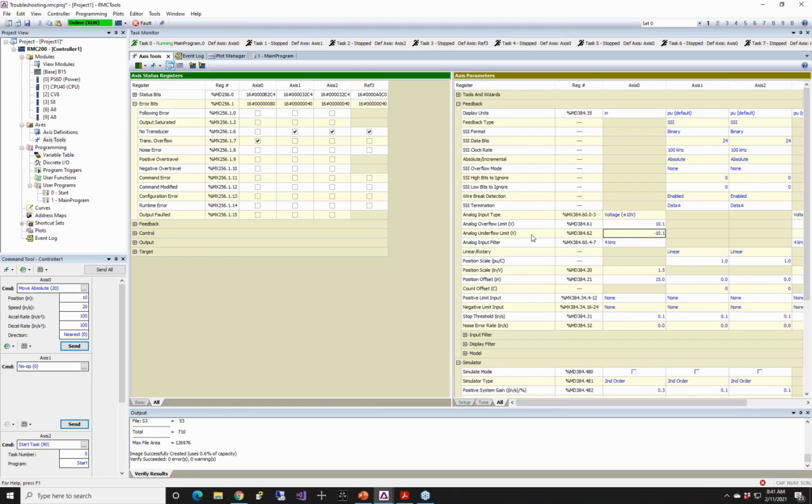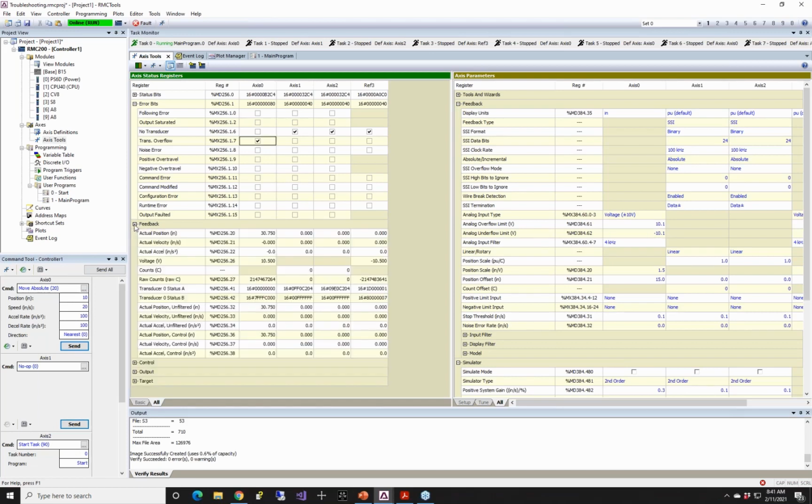So what I would probably do here is look at my feedback, and I want to see, well, what is that voltage actually at right now? It's at 10.5, and that's our max limit. So I know that it's at least past 10.5. That tells me there's most likely a problem with my transducer,